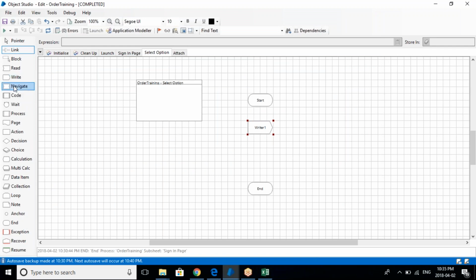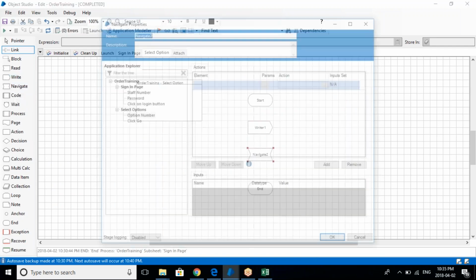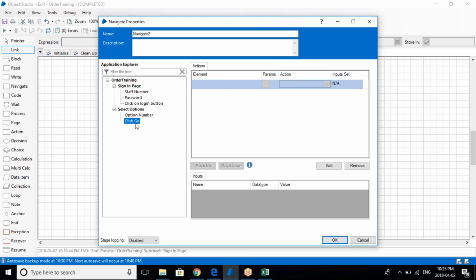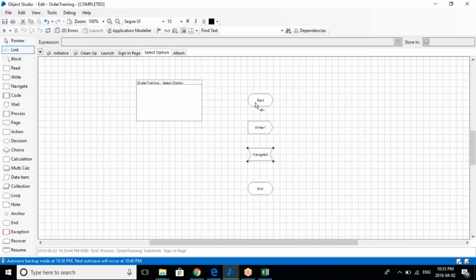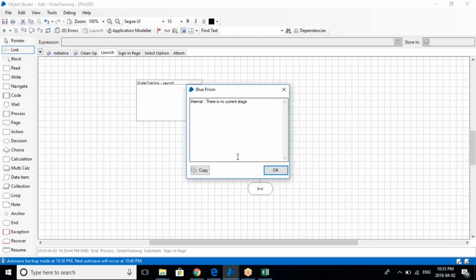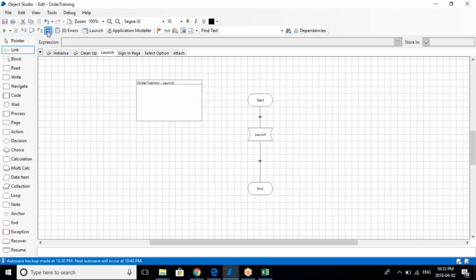Then you wanted to click the options, which is nothing but a navigate. So click go, triple mouse click center. Okay. Now again, if you just go and it's just launched, then